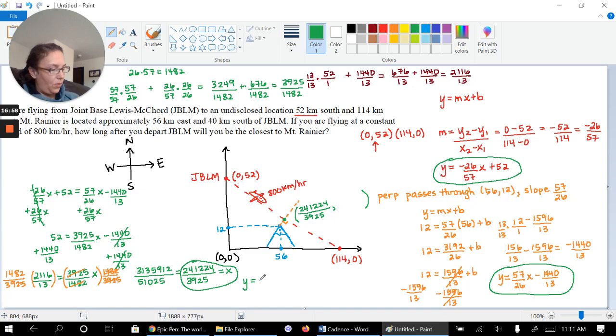So y is equal to negative 26 over 57. Now replace x with this fraction, 241224 over 3925, and then we add 52 to that. So now my job is to simplify this. So y is equal to, so negative 26 times 241224 is equal to negative 6271824 all over 57 times 3925